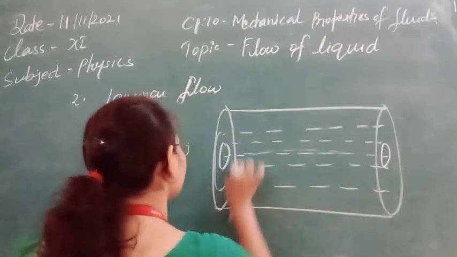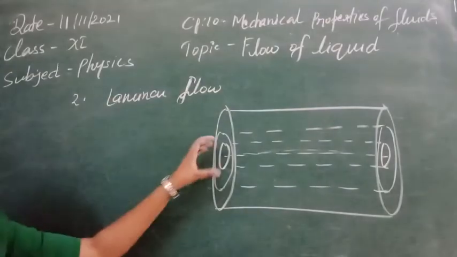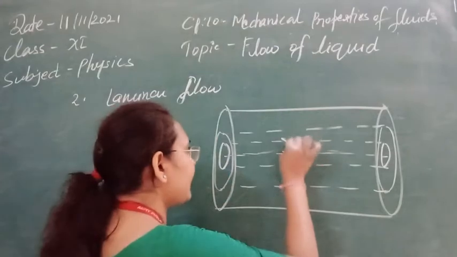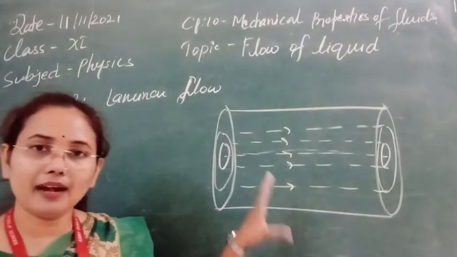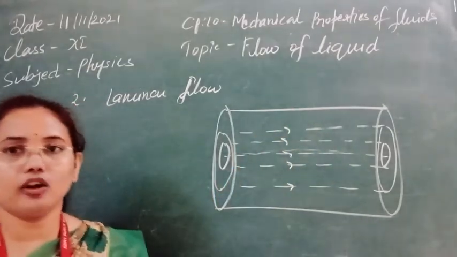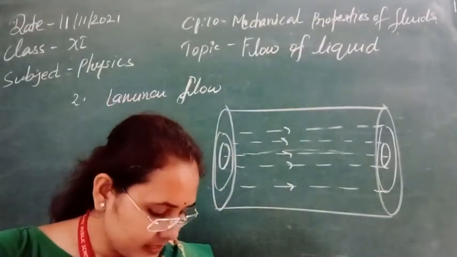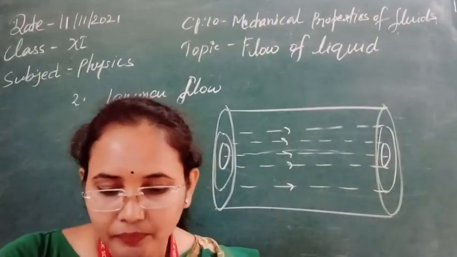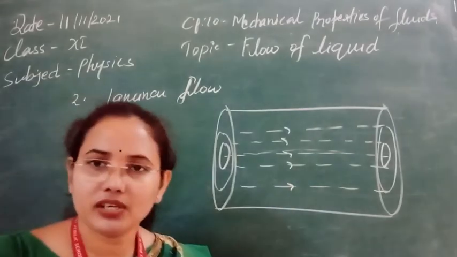In a very ordered flow in the tube, we can see the liquid flowing in different layers, and every layer has a different velocity, but even though they have different velocities, they are not mixing with each other and are moving in the form of layers. This kind of flow of the liquid is known as laminar flow. Simply, in laminar flow the liquid always moves in the form of layers. So that is, I think, now clear. You can also understand that laminar flow is also a form of streamline flow.